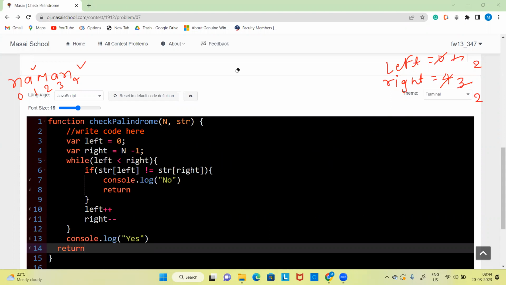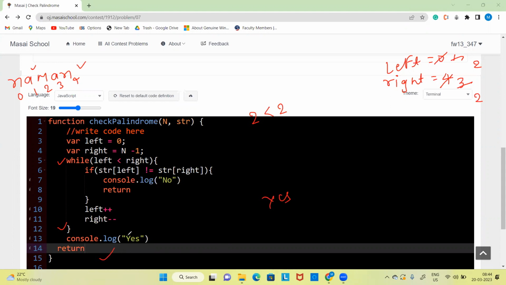And we have to again take a pen and go to line number 5, the while loop. In this while loop, we have to check left is less than right. So what is my left? My left is 2. And what is the right value? Right is also 2. So this condition is not true. If the condition is not true, we have to simply come out of the while loop, print the answer, and return.